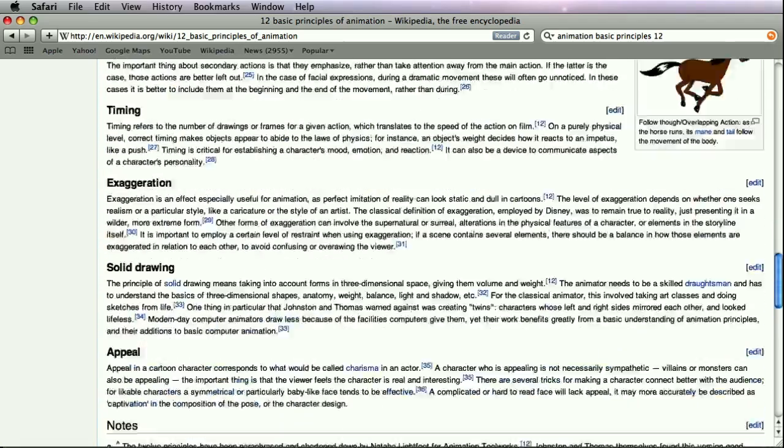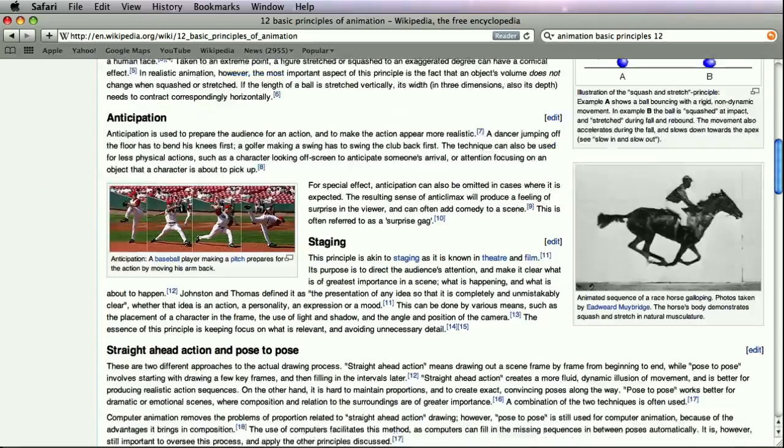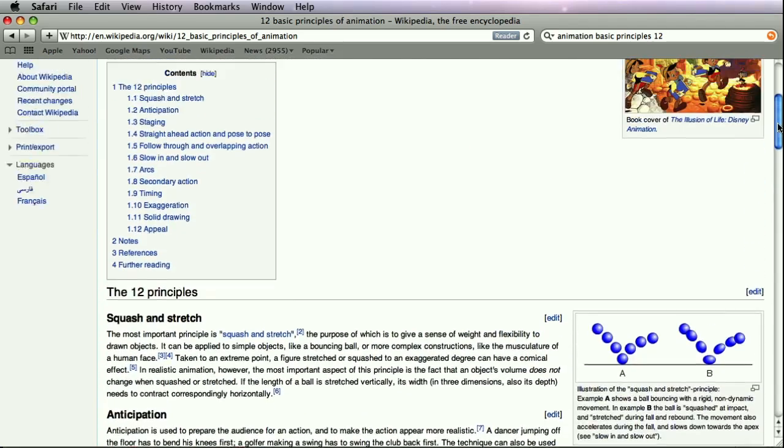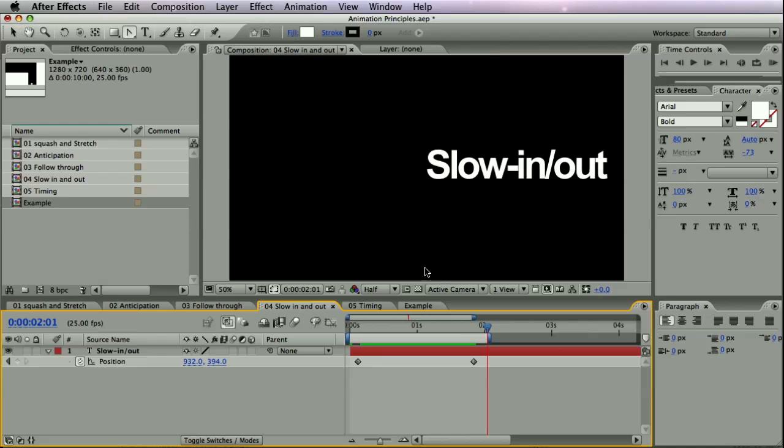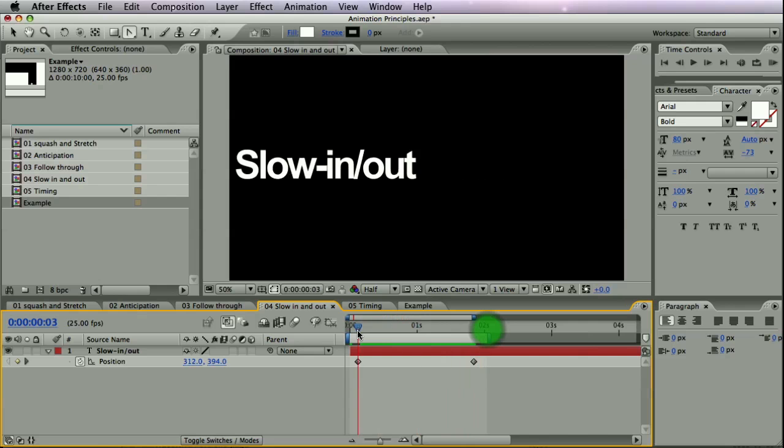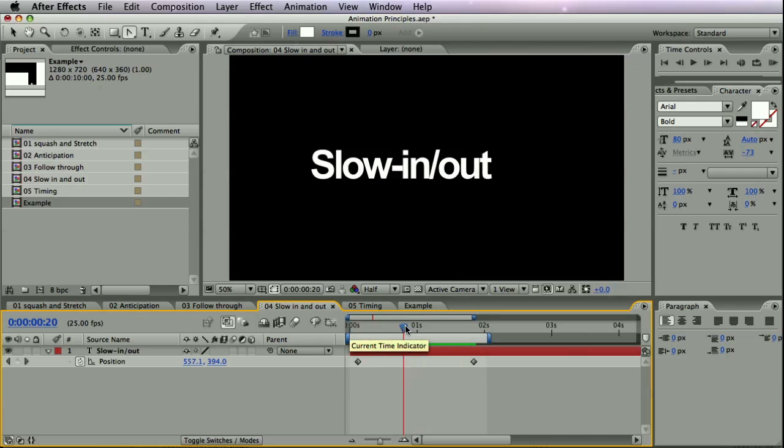There are 12 in total, but a lot of them are referring to characters, like human characters or animals or something. But this time we'll be watching how they apply to motion graphics, to title animation, or to different object animation that are not live figures, like people with face and facial expressions, hands, legs, and things like that. So the first one